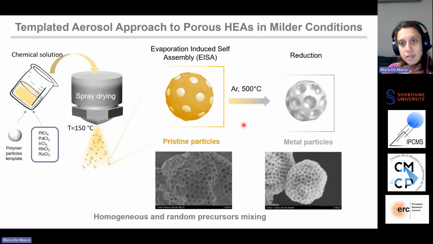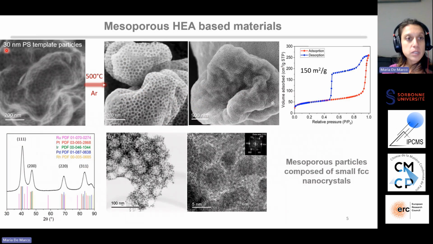If we take these objects and then anneal them under inert atmosphere at a temperature of 500 degrees or lower, we obtain porous metallic particles, as you can see in this image. Of course, the advantage of this method is that we can easily tune the size of the pores by changing the size of our polymer template particles. For instance, in this case, we started with 30 nanometers polystyrene template particles, and with our 5 different platinum group metal salts. When we take these particles and anneal them at 500 degrees under argon, we obtain this porous structure